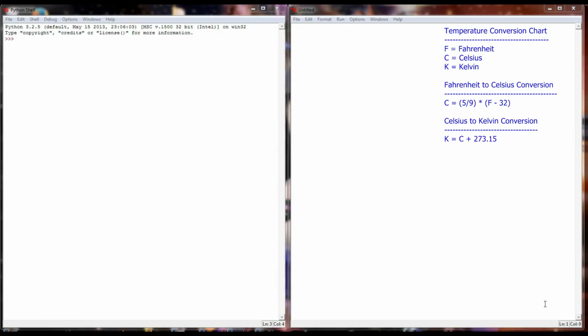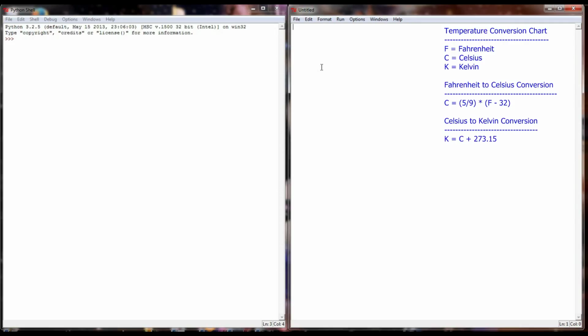There's also a measure of temperature called Kelvin, which is often used in astronomy. And the way that you get a Kelvin temperature is you take Celsius and add 273.15. So in order to easily get Kelvin, you need Celsius, and in order to easily get Celsius, you need Fahrenheit. We're going to provide an example of how to take a Fahrenheit temperature and convert it to Kelvin in a single function. So let's go ahead and start by going over to our programming window and creating a